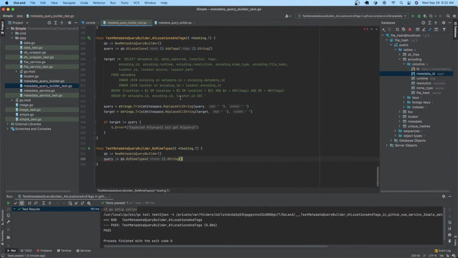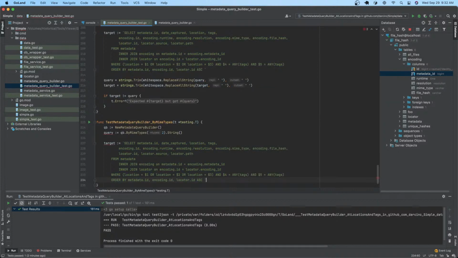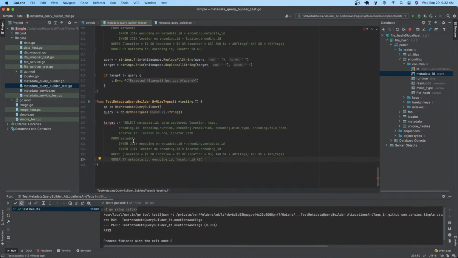So what should this look like? This doesn't change. This doesn't change. This does change. Where, and I think it should look like where encoding.mime type is equal to $1 or